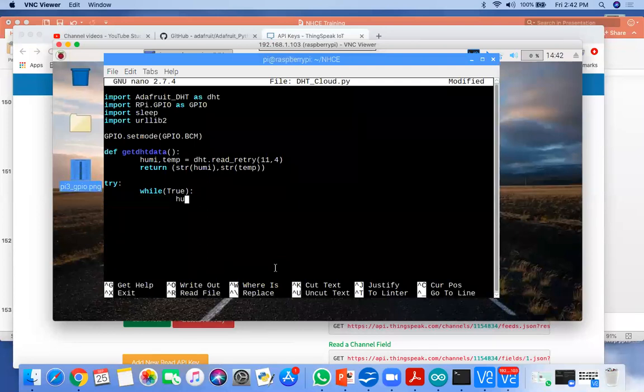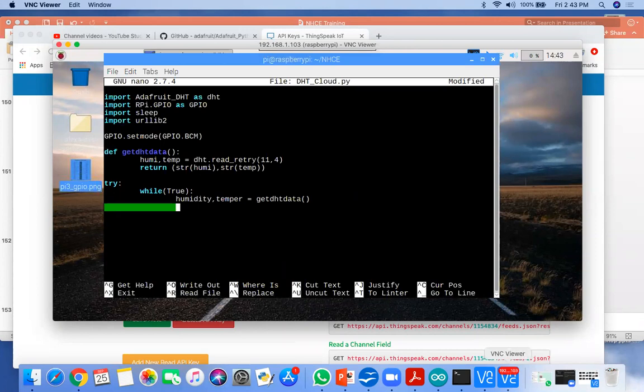So first humidity, temperature is equal to get DHT data. Here I get that data in a string format, so these variables contain the humidity and temperature in a string format.